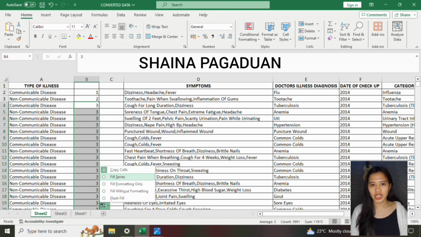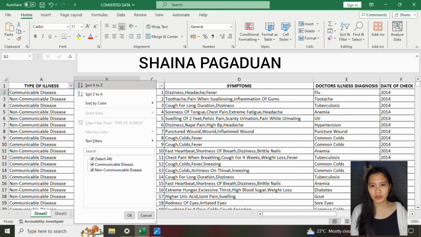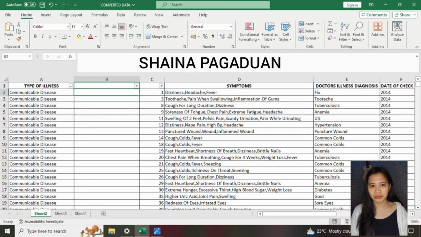To convert the non-numerical into numerical data, we add a column, input numbers 1 to 3, then double click and choose fill series in the small box to proper the counts of the number. Then click sort and filter, choose filter to show up a new column with its sorting arrow, the small arrow in the type of illness, choose sort A to Z, click OK, then now you can input the assigned binary,